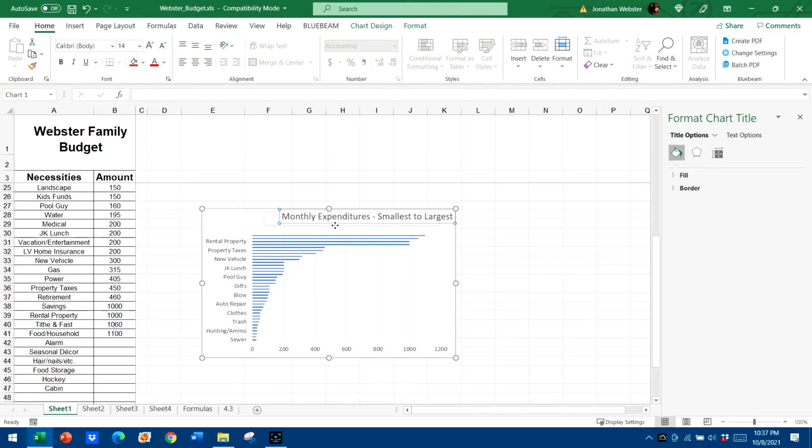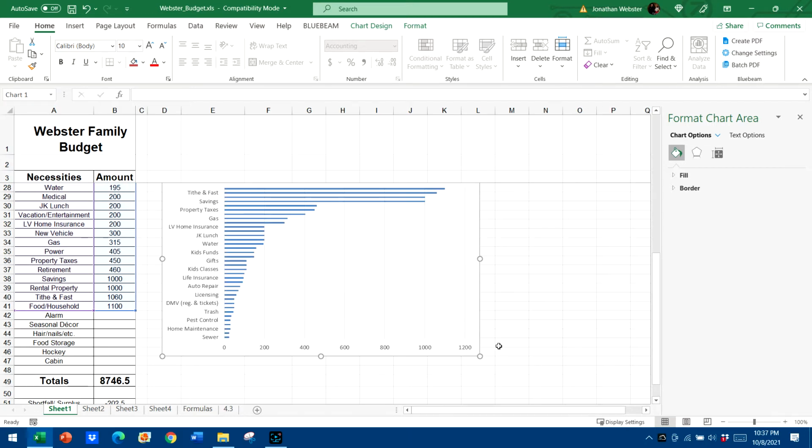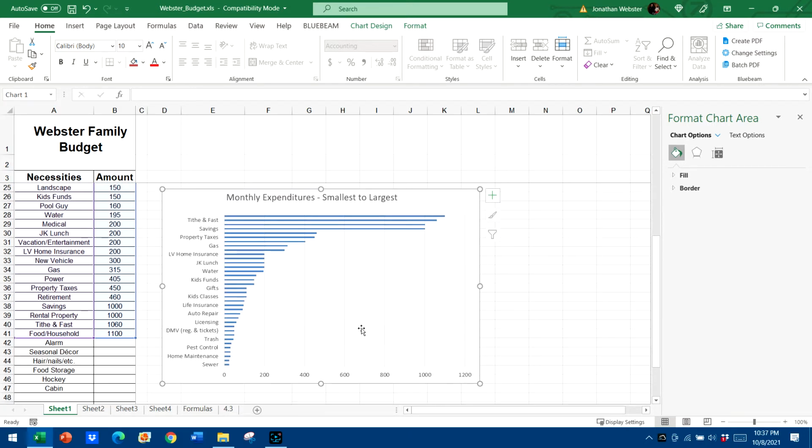We can actually move this over if we want to. We're going to make this a little bigger. Something like that. So we can see our lowest cost expenses for the month and our highest cost expenses for the month. This is going to be dollars. We could probably format that if I knew how, but